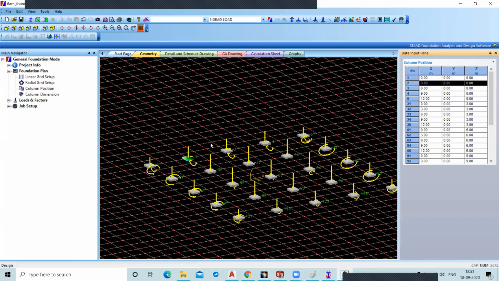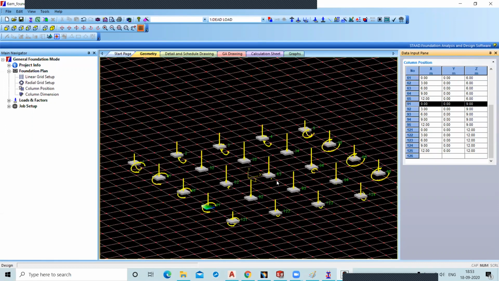This is column number 2, node in the X, 3, Y and Z 0, 0. These are the coordinates of your nodes. So these are your support coordinates. How many supports do we have? 5 into 5. It means 25 supports.